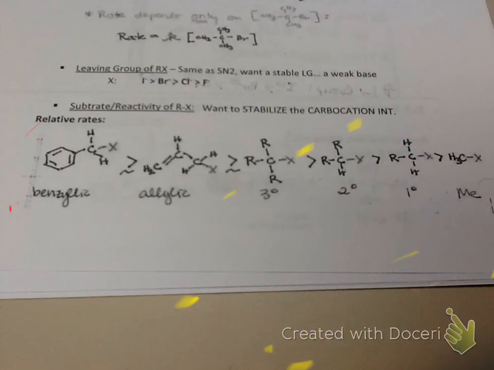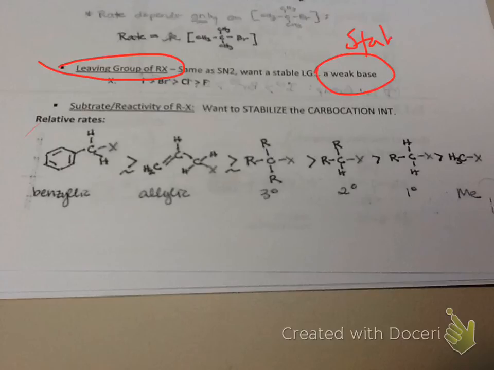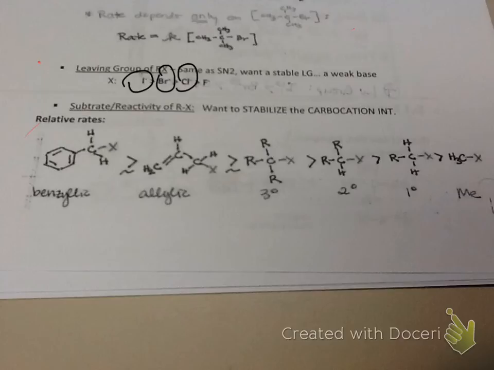If you're going SN1, you want a stable carbocation. So for our leaving groups, in order to form that carbocation intermediate quickly in the rate determining step by dissociation of the alkyl halide, the halide, when it leaves, has to be stable. Once again, the leaving group needs to be a stable, weak base. So for the halide series, just like the SN2s, iodide is the best leaving group. It's the most stable, followed by bromide, then chloride, then fluoride, which is the worst, slowest leaving group because it's